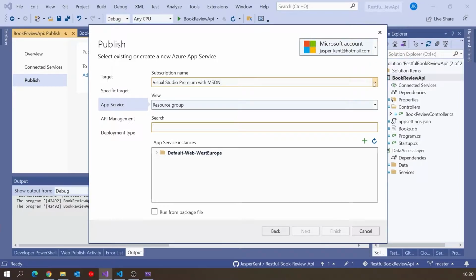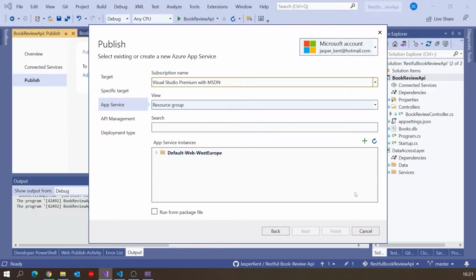Now, first thing I've got to do is choose your subscription. You can see I've got a couple of subscriptions. I'm going to go with the Visual Studio Premium with MSDN. Basically what this is, I've got a Visual Studio, used to be called an MSDN subscription. That's how I pay for Visual Studio and that sort of thing. And it gives me a free or an included monthly allowance on Azure, so I get some things without having to pay for them directly. You might have that. You might want to get hold of a temporary Azure Pass just to play around with. You may have access to some other account, but that's the one I'm going with.